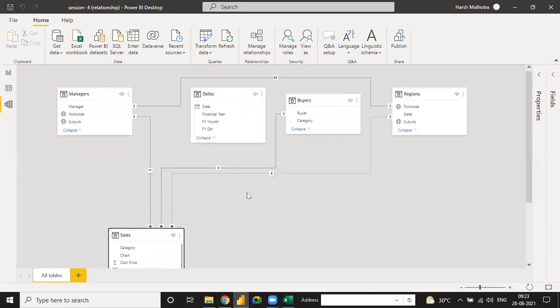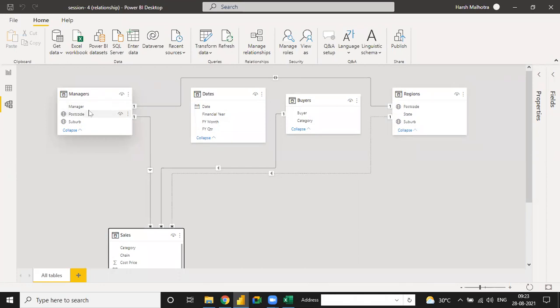See, we have one sales table and these four: manager, dates, buyer, and postal and region. These are the dim tables. Okay, so why is this a dim table? Because under the manager table we have a unique number of managers or a unique number of states.